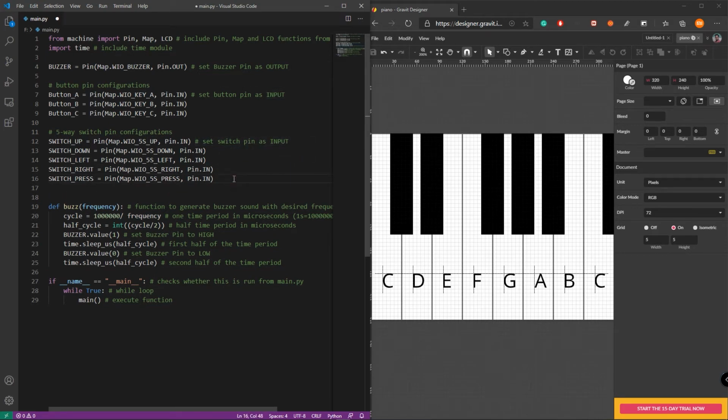After that, let's create variables for reading the current button and switch states, because later we will be using these in our code.